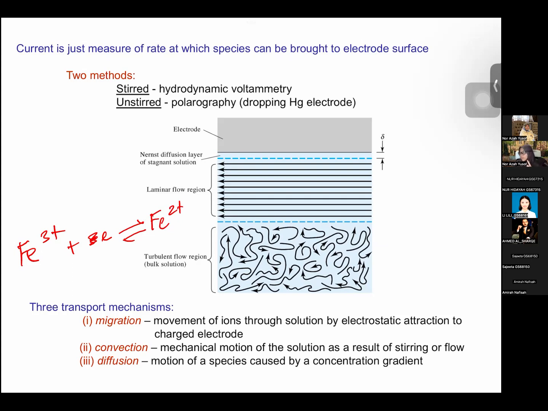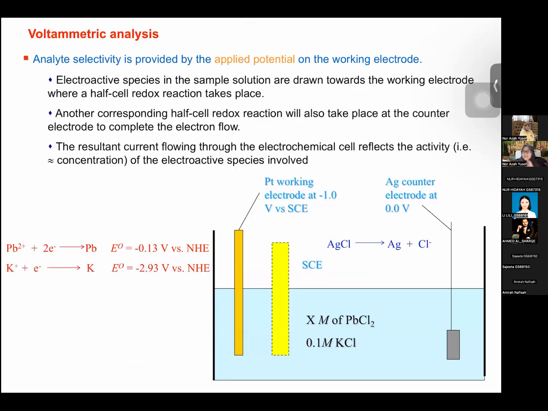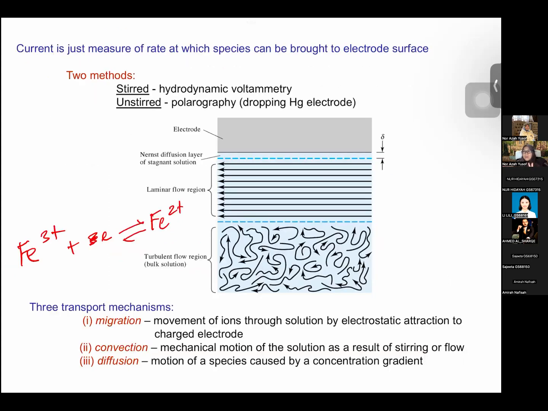You have to do a bit of imagination that the ferrum is inside the beaker. We are talking about ions moving here and there in the beaker. So in order for this ferrum 3 plus to receive the electron, to be reduced as ferrum 2 plus, it has to move closer to the